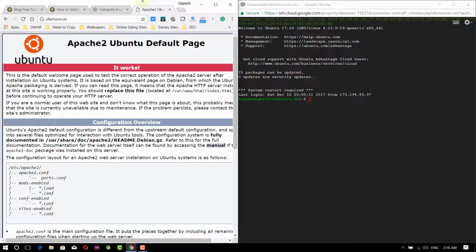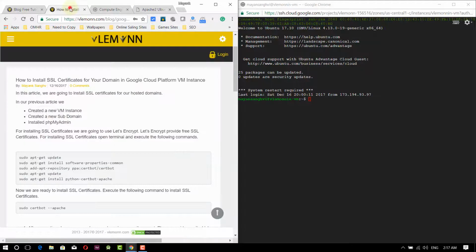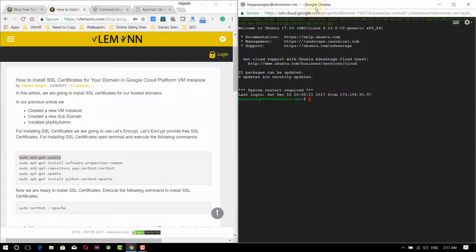We are going to use Let's Encrypt for the SSL certificate. Let's Encrypt provides free SSL certificates. So let me open my blog post, and I'm going to copy commands from it. If you want to copy commands from my blog post, the blog post URL is available in the description of this video. So let's start with copying the first command, and I want to execute this command in my terminal,